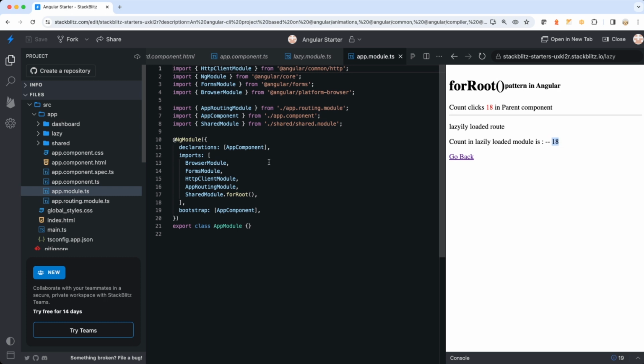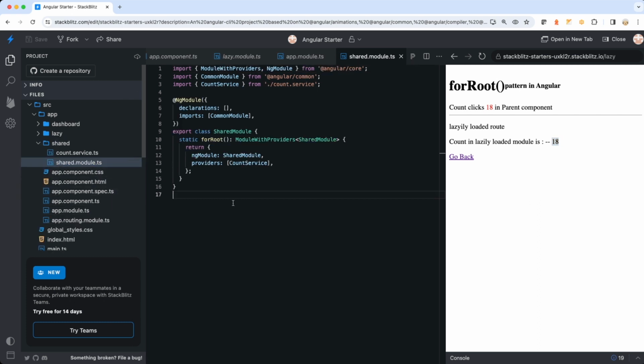A quick recap of what we have learned here. We have seen how forRoot really works in making a singleton service when you have a shared module being imported into multiple feature modules and at the app root level. So this is how you do it. You go to the shared module. Let me quickly show you the code once again. Here at the shared module level,